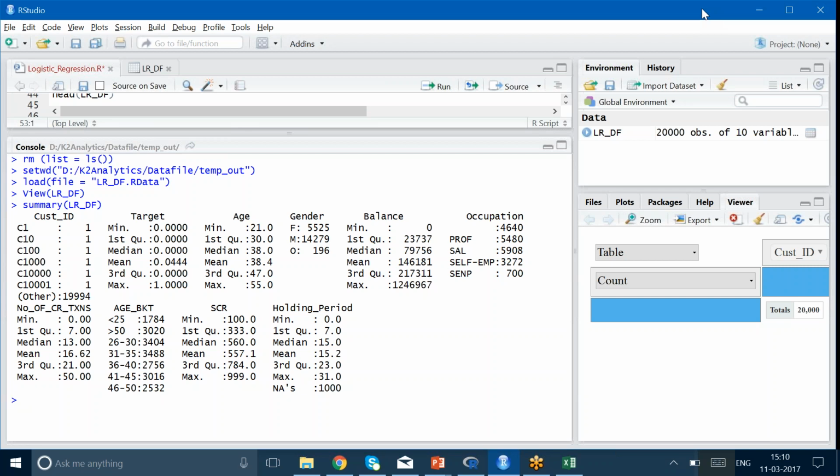Assume by end of the May I have built the model, made a presentation to the client and showed them what is the efficiency of the model, what is the efficacy of the model, and the client likes it. Client says, okay, you have built the model. We would like to test the model. So June will be my first rollout. When I roll out in June,